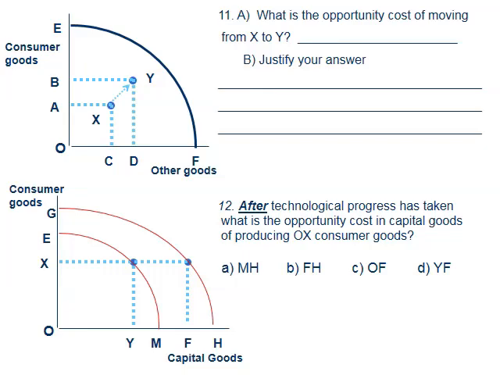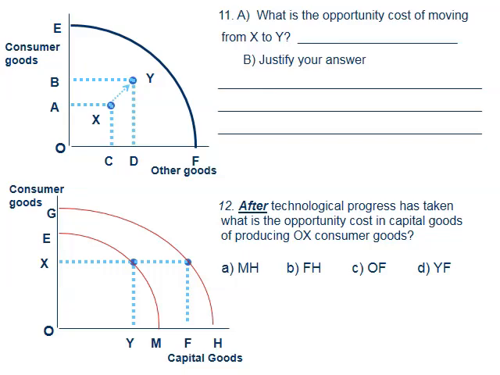So how much capital good output did you give up in order to produce OX? Remember, you get OY production of capital goods when you produce OX, but if you had put all your resources into capital goods, you could have produced OM. So MY is the opportunity cost of producing OX